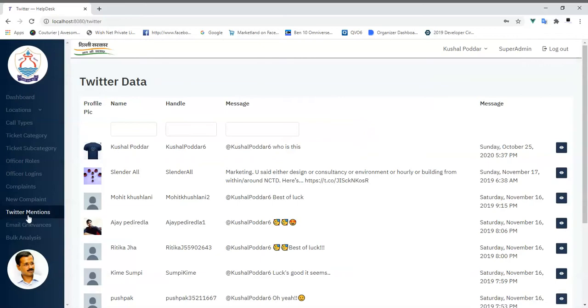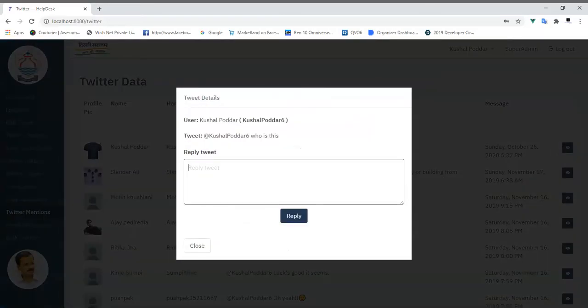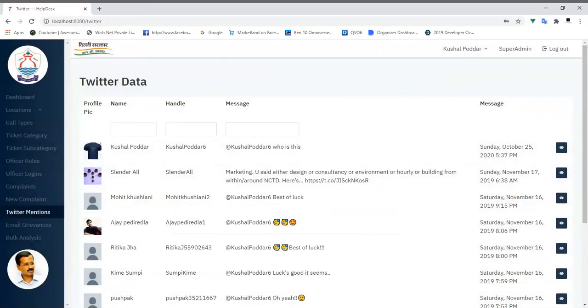This is the Twitter mentions through which we can see all the Twitter complaints or the Twitter grievances of the Delhi Jal Board account. Through this data, this can be done very easily, and all the Twitter complaints can be easily seen in this dashboard only. So it is not needed that we go to the account of Twitter every time and recheck every complaint again and again. Also, for a Twitter complaint, we can reply to a tweet directly through this dashboard, and we can see the details of the particular user who was giving the complaint.